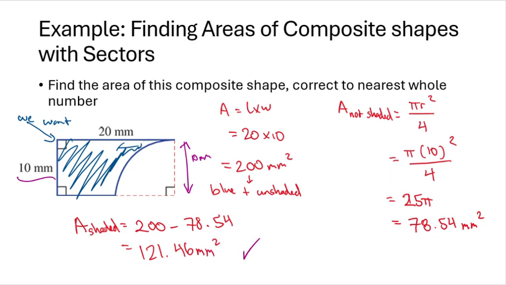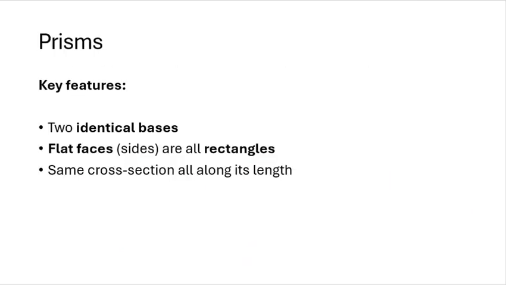So this would be our final answer, okay? Now, prisms, there are some key features here that you need to know, okay? They need to have two identical bases. For the sides, they must be rectangles or parallelograms. Now, parallelograms are just four-sided shapes, and they must have the same cross section all along from top to bottom,